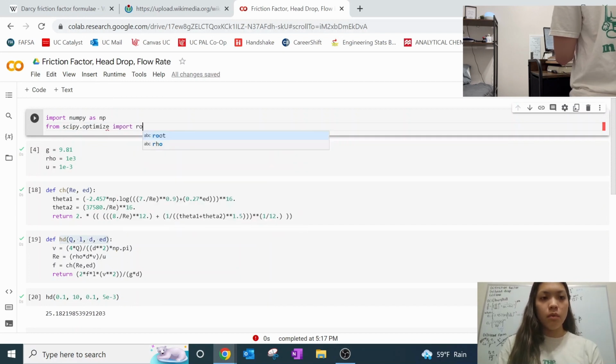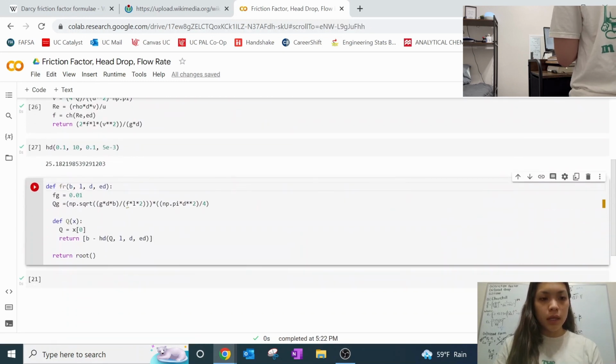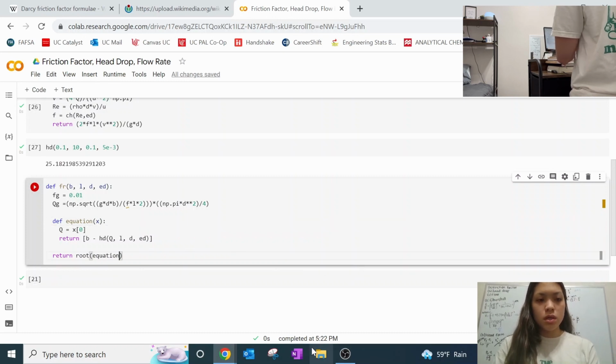We're going to import root. And so now we can actually use the root solver. Just to avoid confusion, we'll change this to equation because we have a lot of Q's going on. So the equation